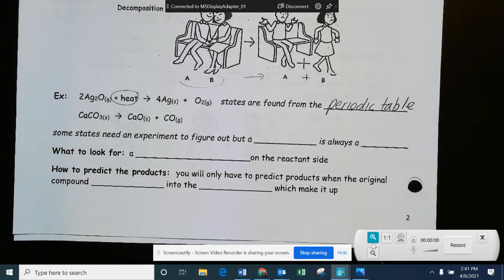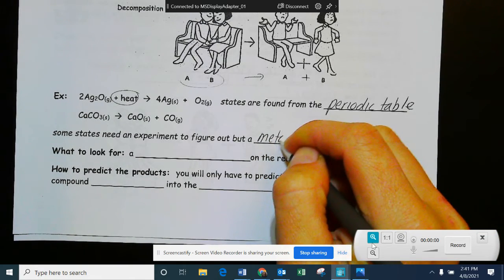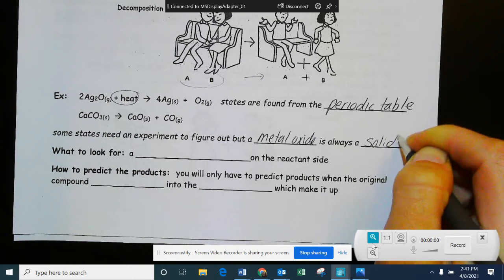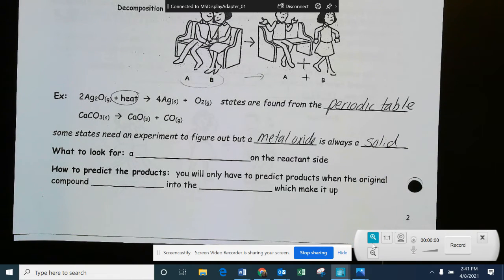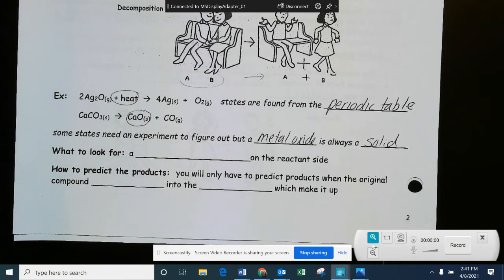Some states you need to actually figure out experimentally, but a metal oxide is always a solid. So a metal with an oxygen is always a solid. So calcium is a metal, oxygen, solid. And then if we're looking at our non-metals,